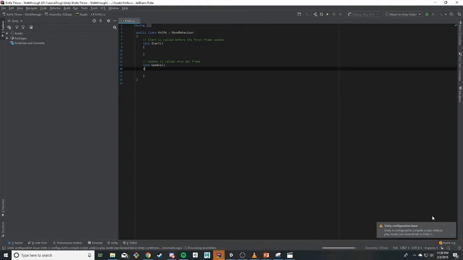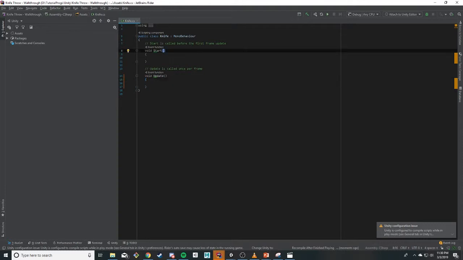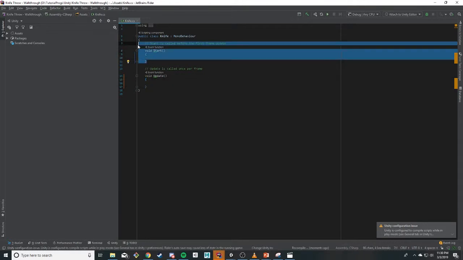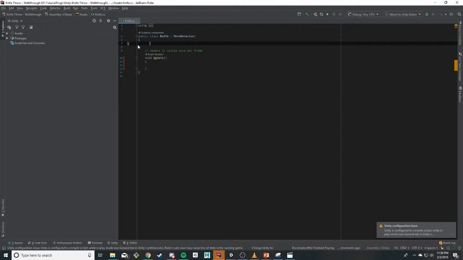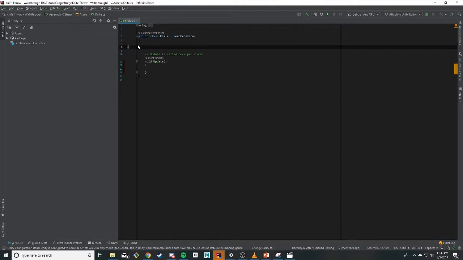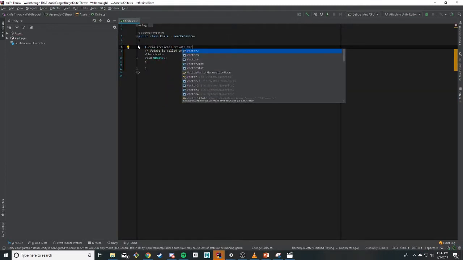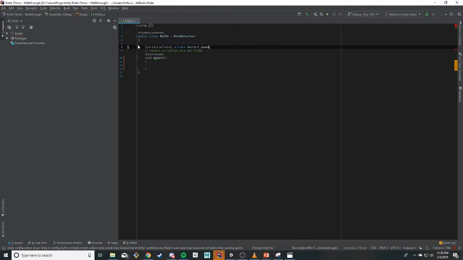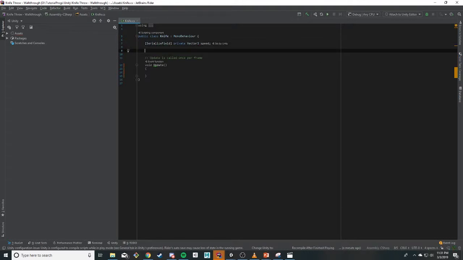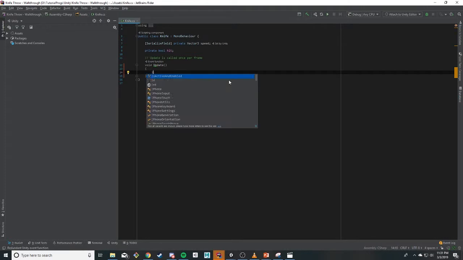All right, once you are in your IDE, what we're going to do is have a serialized field, meaning it's going to show up in the inspector. Another way to serialize objects is by making it public, and that'll automatically serialize it. But we're going to make a serialized private Vector3 speed. That's going to be the speed at which our knife is moving. We're also going to have a bool hit, and this is going to tell us whenever the knife has hit the apple, because we're going to say